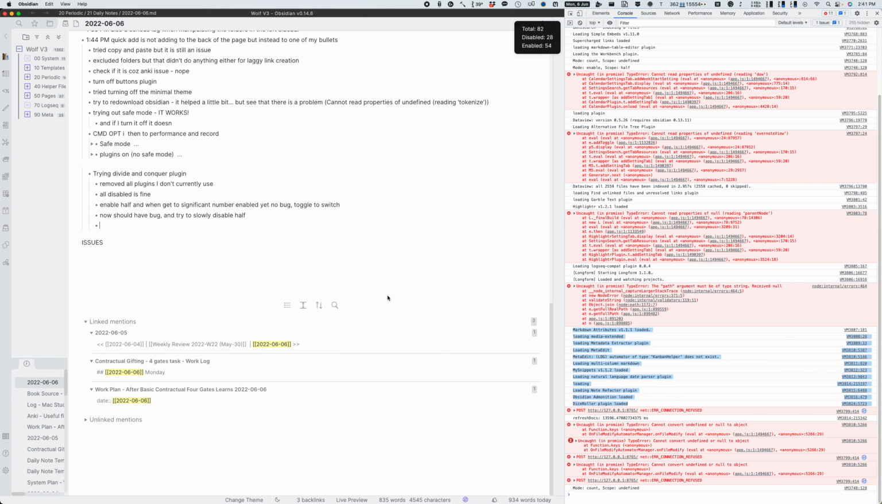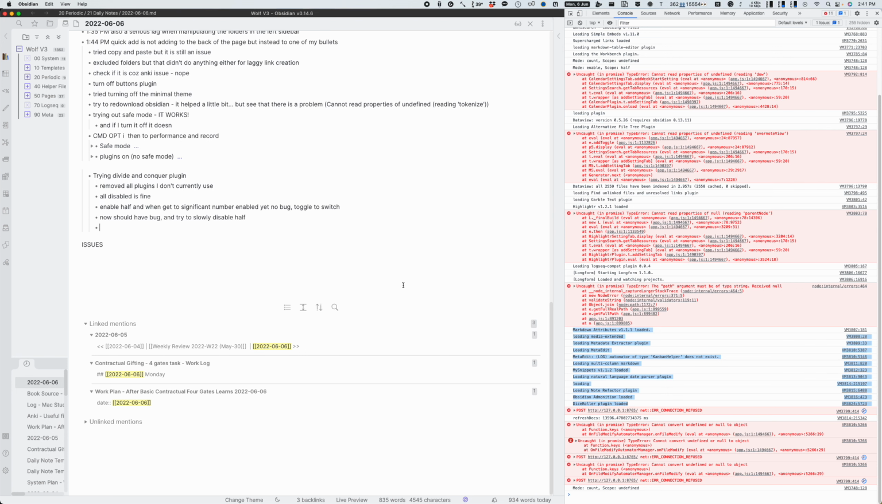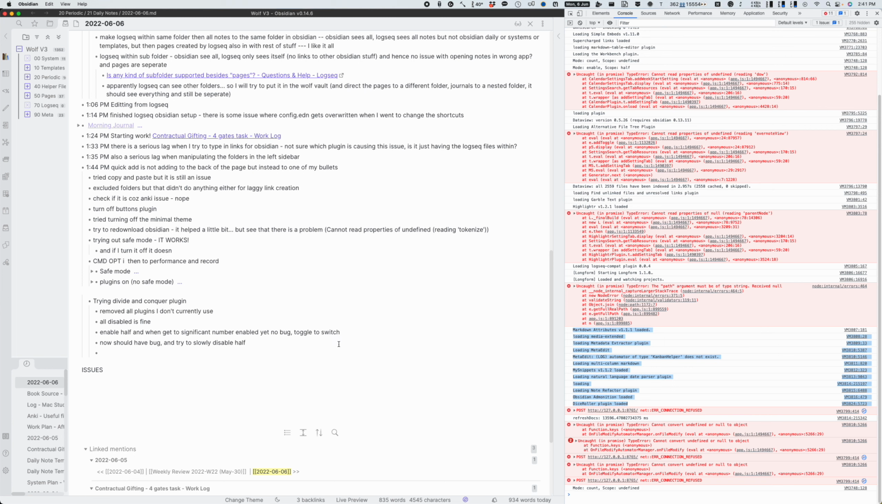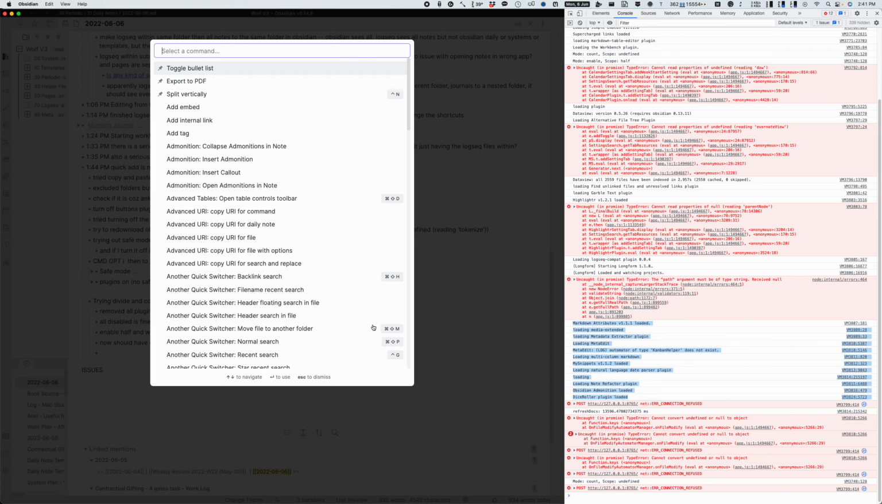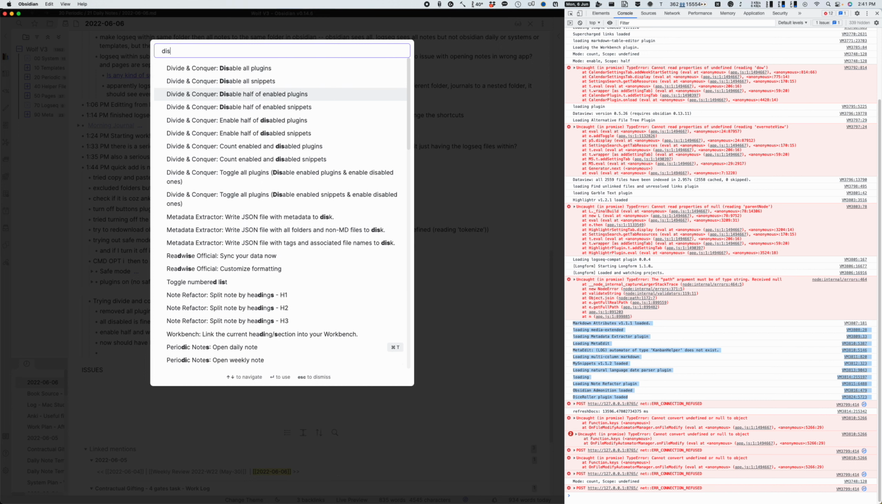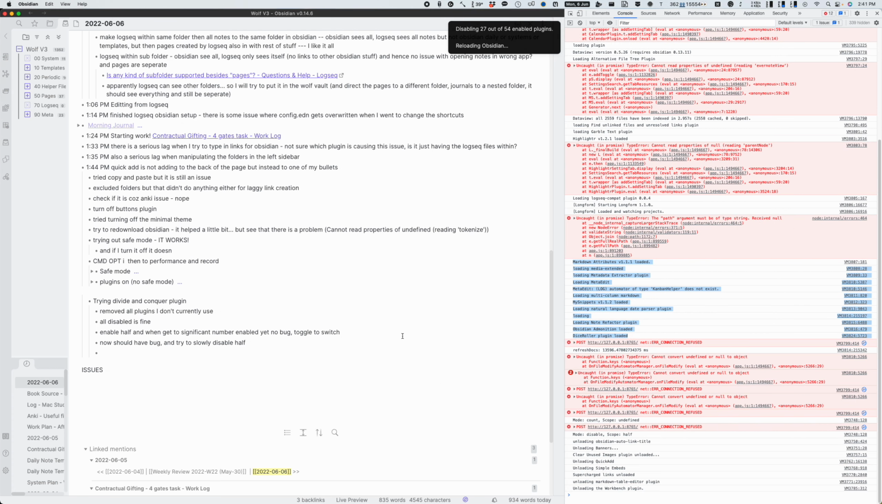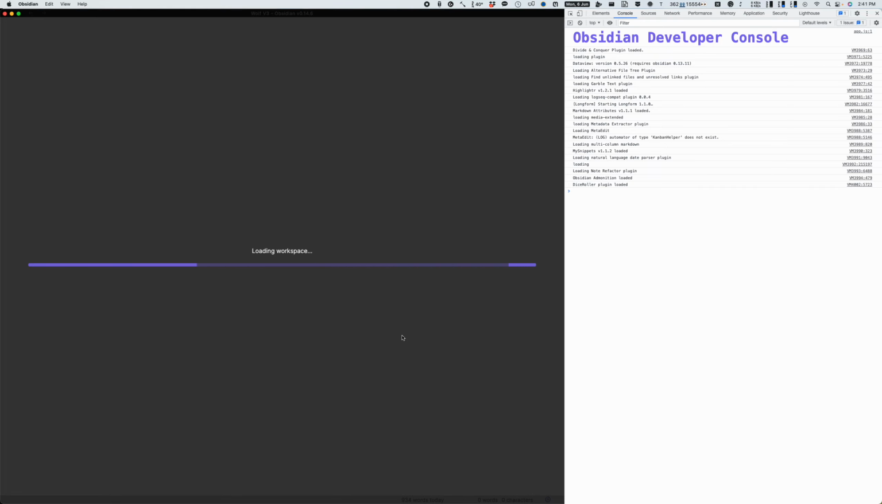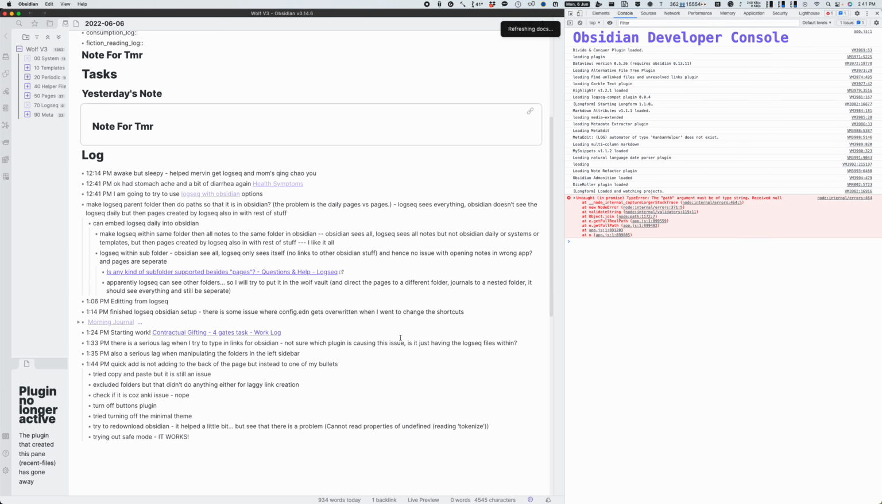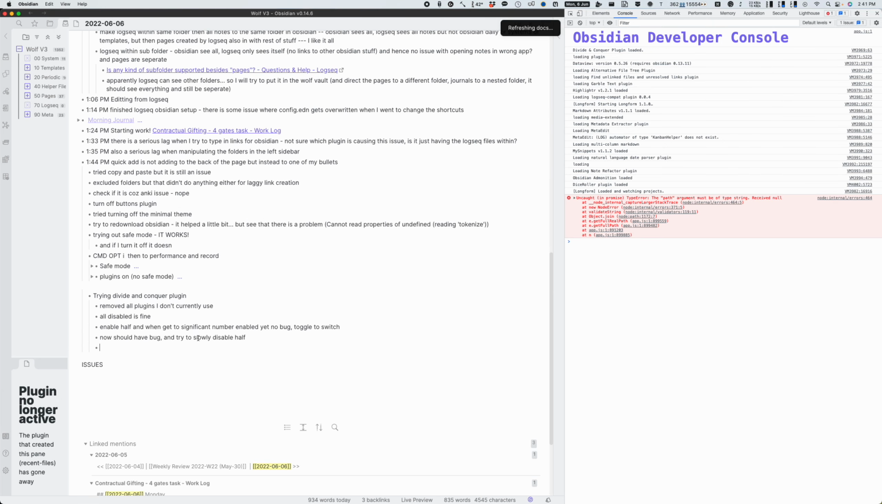I have enabled 54 plugins and I'm not sure which one of them. This is terrible. Like I just want to disable half of the enabled plugins. Hopefully it'll keep the one that's buggy. I don't know, like am I just supposed to just